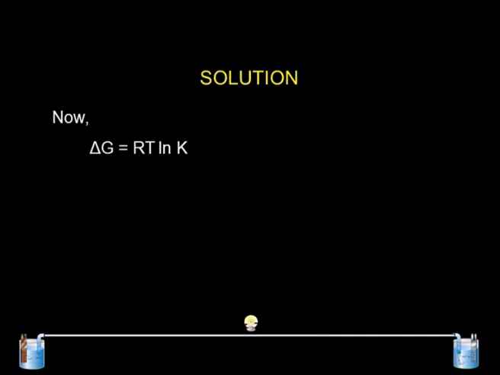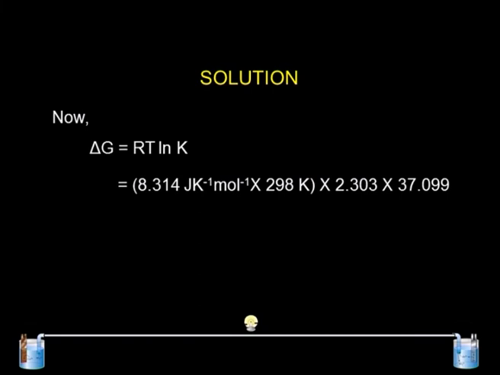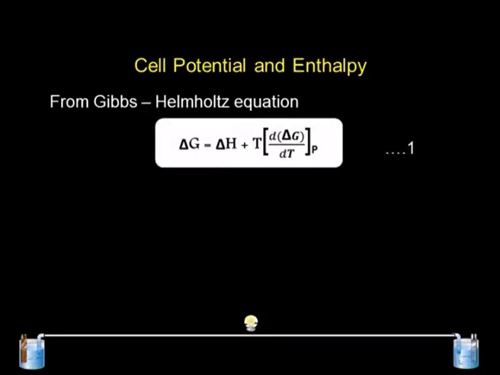Now, we know delta G is equal to minus RT ln K, and substituting the value of R, T at 298 K and the value of K, we get the value as 211,681.2667 joule per mole, and the delta G we can also write as approximately 212 kilojoule per mole.